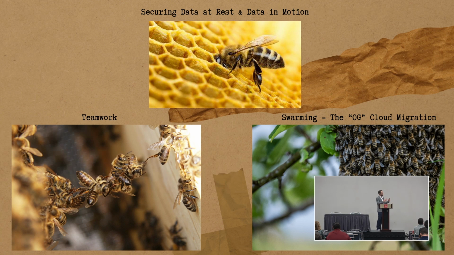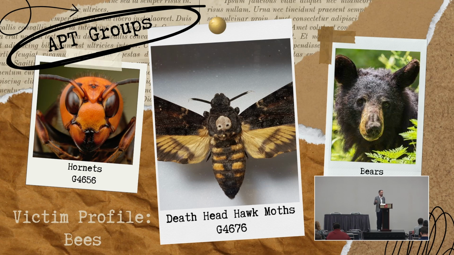But end to end, when we look at the life cycle and the way that bees manage their networks, right, there's this notion of securing data at rest, data in motion, being able to alert to known threats, things that may appear that could be adversaries. And just like us, they've got APT groups, right? Fascinating how many different animals consume bees, right? And as I went through this study, whether it was bees or ants or prairie dogs, with the exception of prairie dogs, there's literally an animal for bees and ants that's called the bee eater or the anteater, right? That's what they're known for.